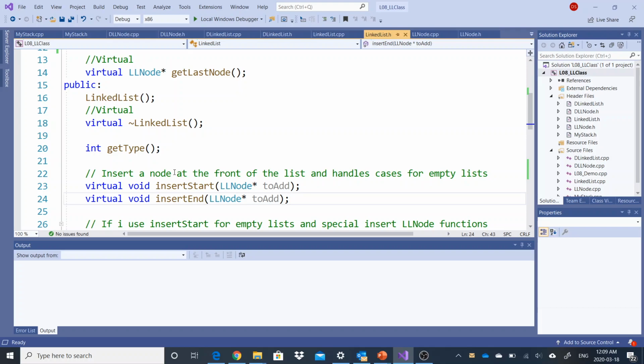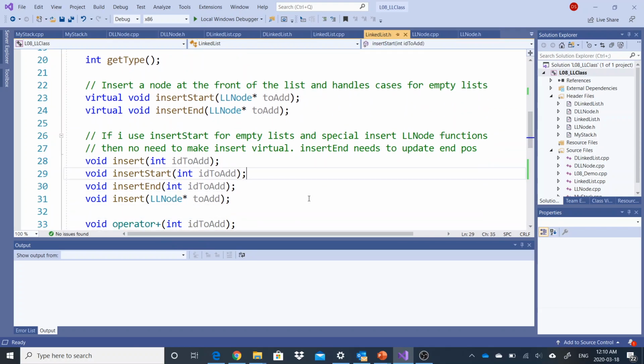I'm calling insert start, for example, on some linked list. Now, it could be a doubly linked list, it could be a singly linked list. If I call insert start, it's going to say, hey, which function is it for, or what kind of class are you? So I will go to a virtual table per object. Every object will have access to this virtual table, and it will say, oh, where is this insert start defined? Oh, it was defined in doubly linked list. I'm going to go there for that function. It allows me to call the right function based off of the object it's being called on, not based off of what type of pointer it is. Okay,